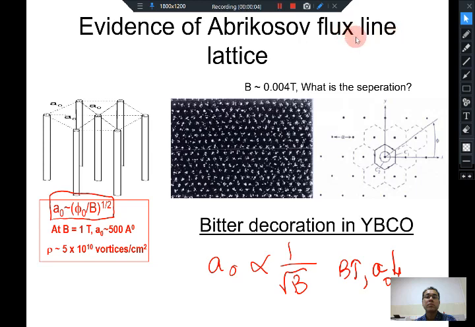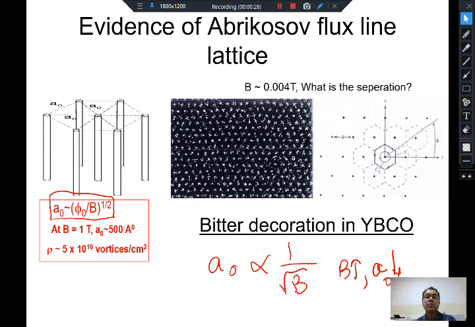Now, in this, we already got introduced to the Abrikosov vortex state. I gave you an overview of the Abrikosov vortex state in type 2 superconductors. What are the experimental signatures of this Abrikosov vortex state? We saw one experimental signature was a Bitter decoration experiment, which is a slightly sophisticated method of sprinkling